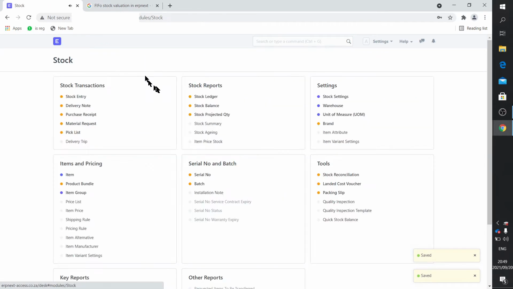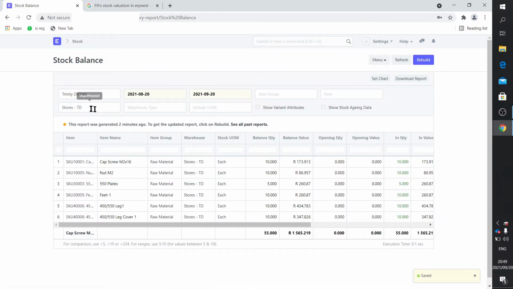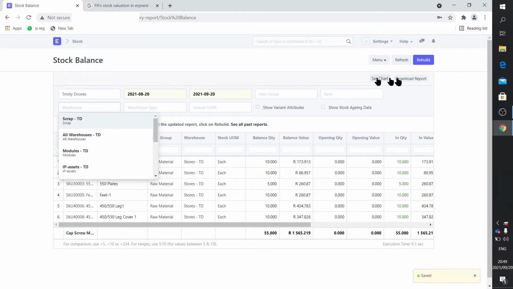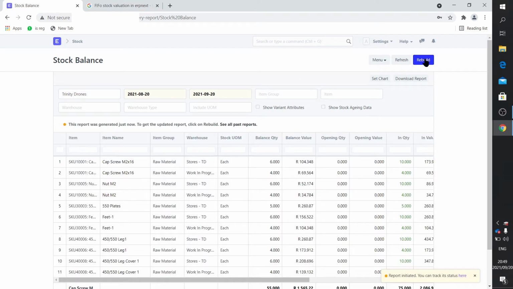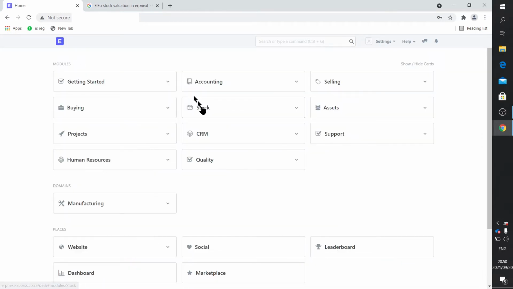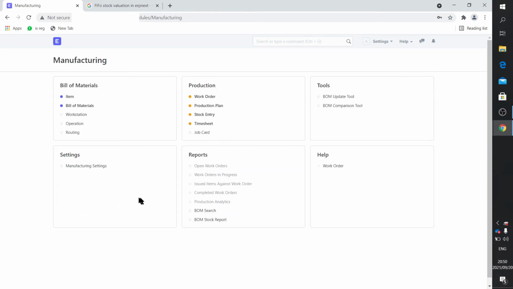All right, just quickly this stock. I'm not going to do it for a particular warehouse. Just rebuild that, and you'll see there from the stores has now got 6, where it previously had 10. Now of that same unit, there's 4 in the work in progress. 6, 4. You can see that 4 has been transferred from the stores to the work in progress. All right, so the material has been transferred,